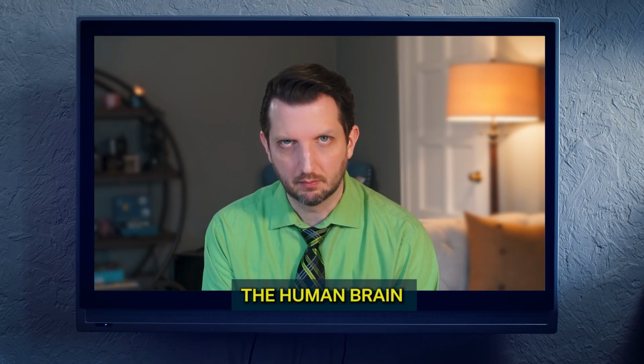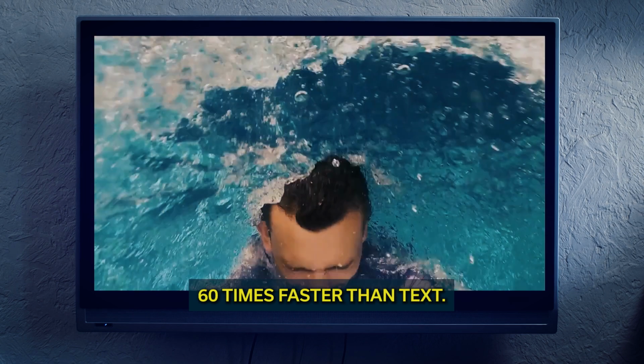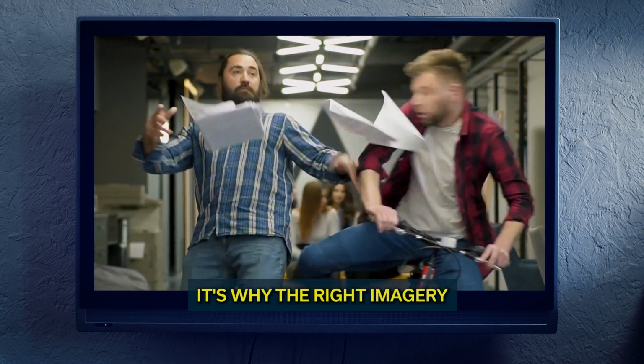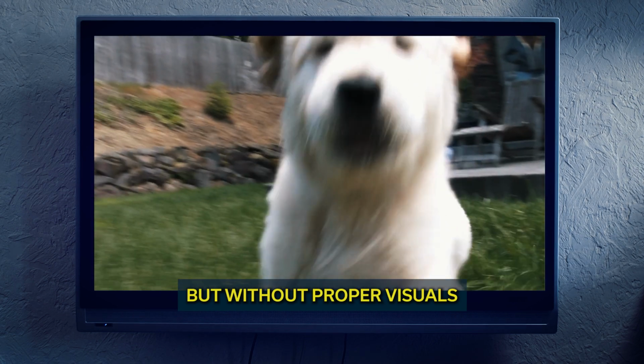The human brain processes visual information 60 times faster than text. It's why the right imagery can trigger emotional responses, improve retention, and boost engagement. But without proper visuals,